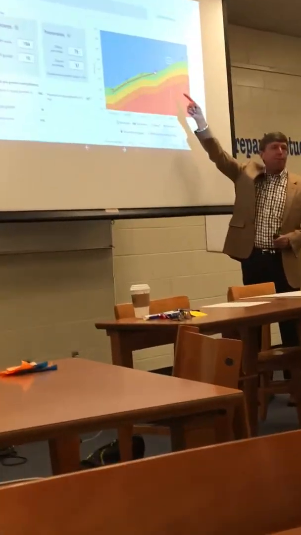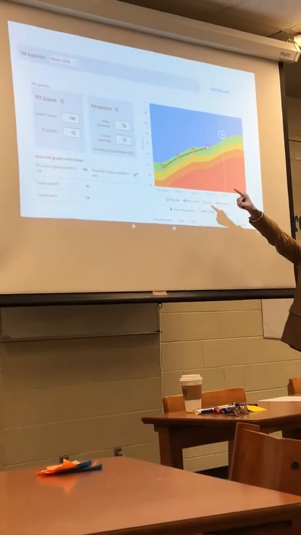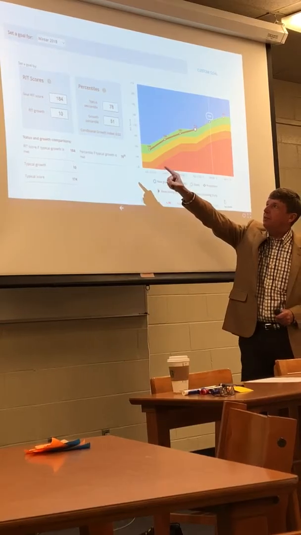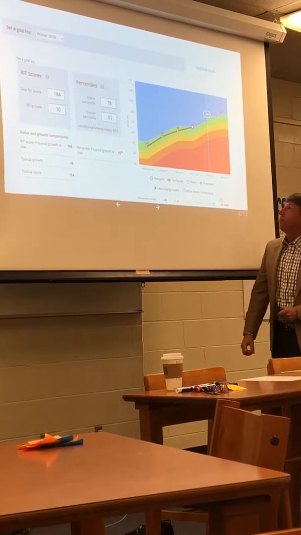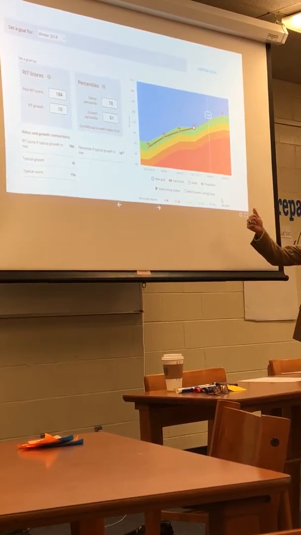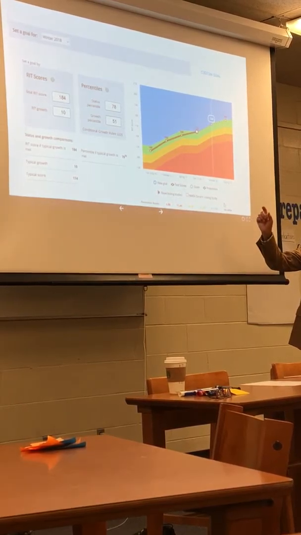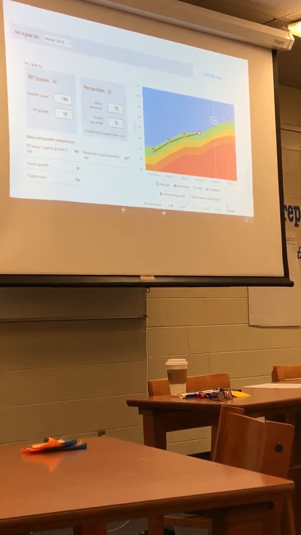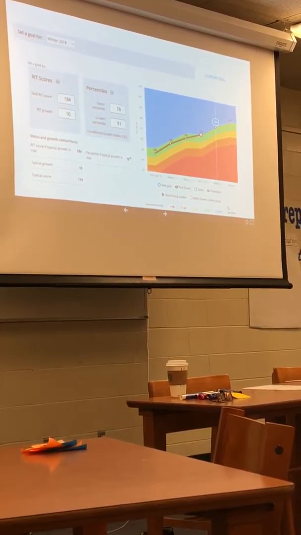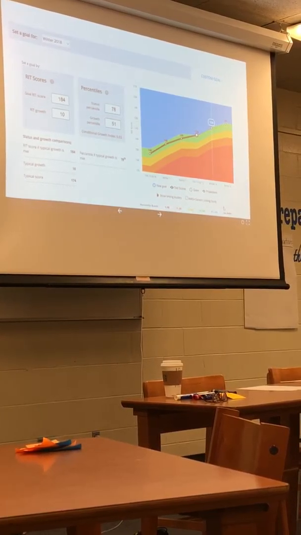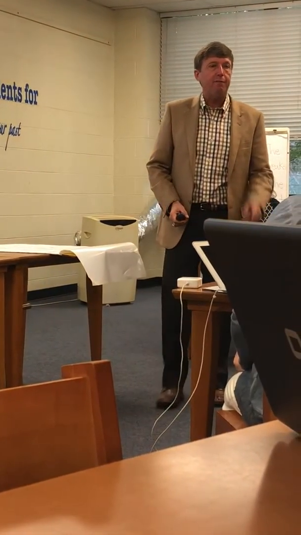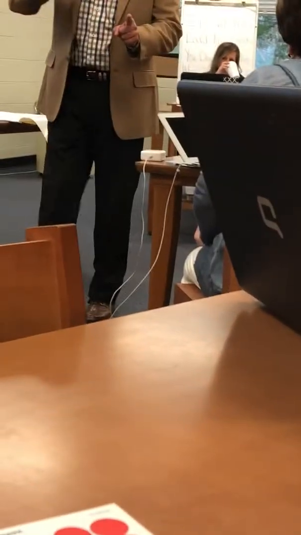Up to the white number is typical growth. So if the kid gets typical growth, that student will move from a 174 to a 184. So 10 RIT points is typical growth. Here's the problem. 10 RIT points may not be enough for that student to be on track to meet growth